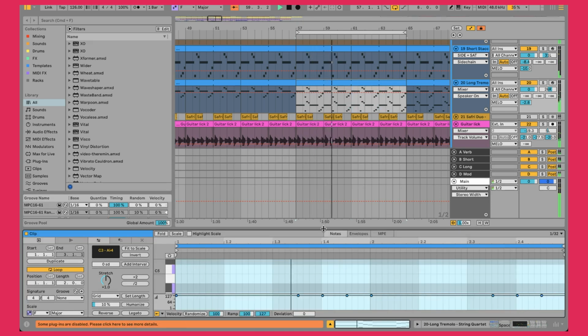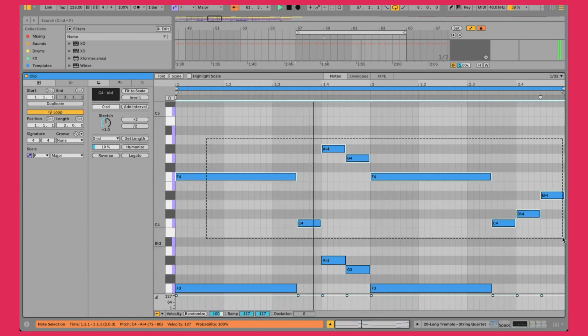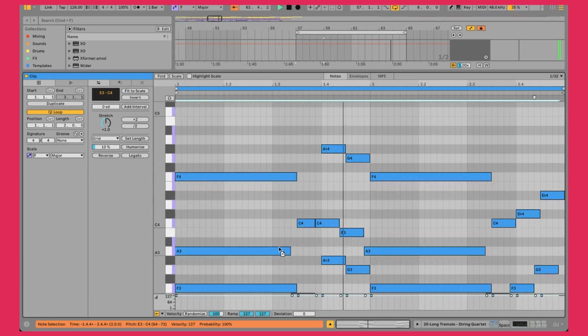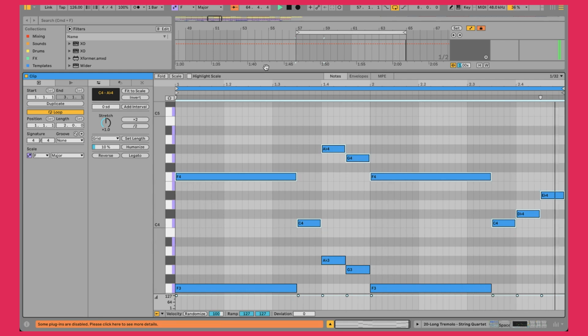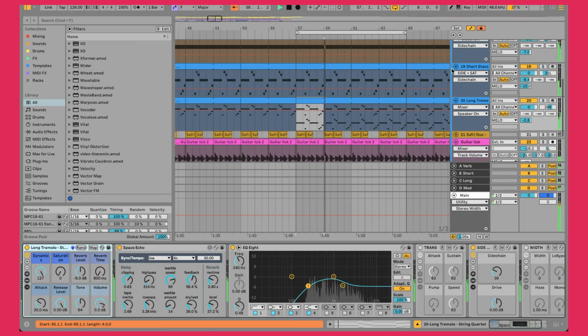What I've just done is I duplicated it over by highlighting everything, pressing Option, and then bringing it down to the octave below. So it's creating almost like a chord and making this a bit more filled out. In terms of the processing, I pan this one to the right, so that way it's balancing out against the main string sound that I just showed you. That's a lot more present.